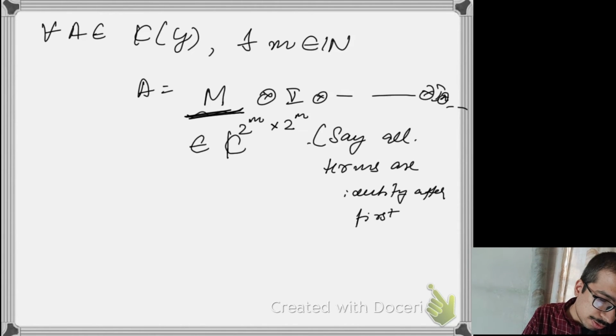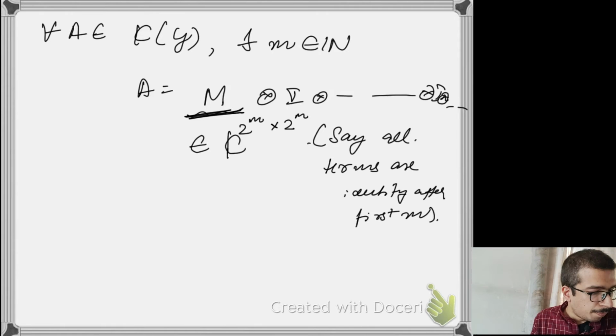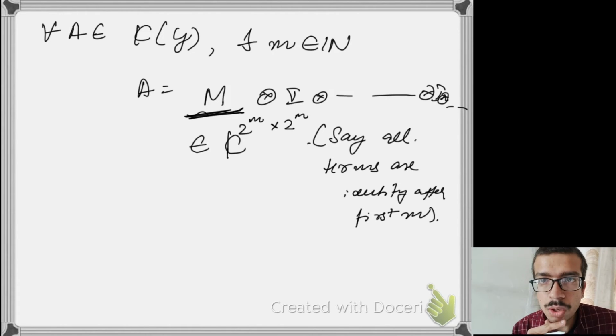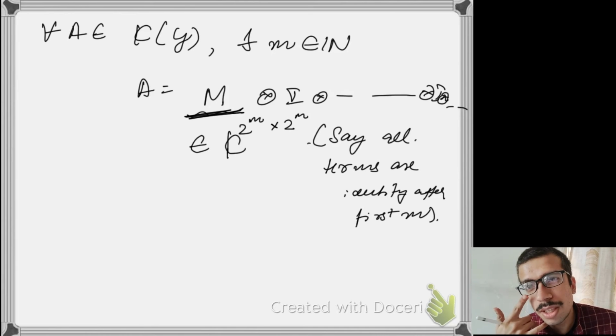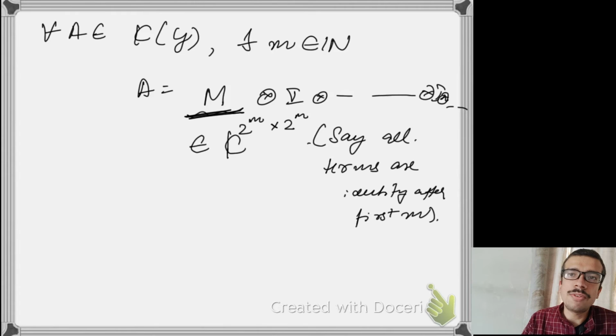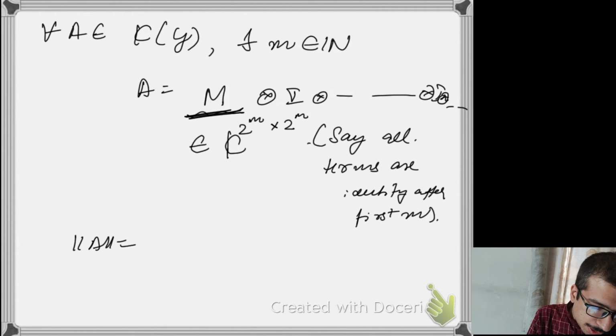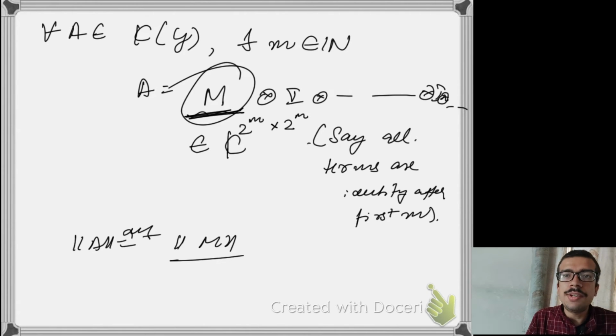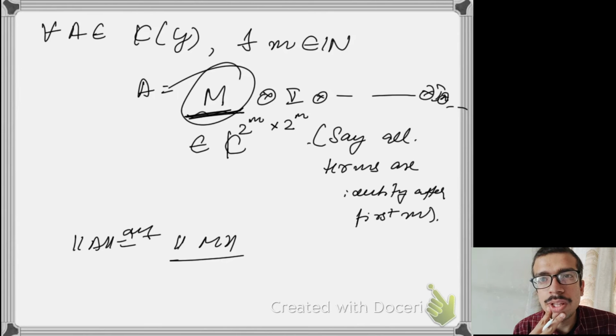So say all terms are identity after the first m. Okay, now why am I doing that? Because I need to define a norm, right? So how do I define a norm for an infinite string? First I identify the first part of it, after which everything is identity, and now I define norm A to be just the norm of M. Because this is a finite dimensional matrix, I can define a norm for this thing. And now I have already defined a norm,